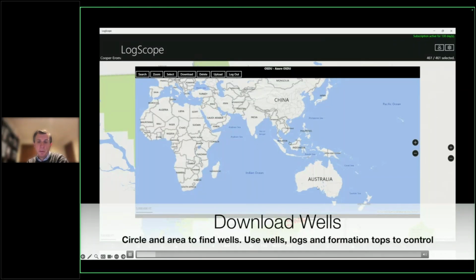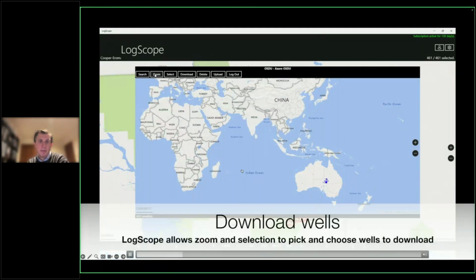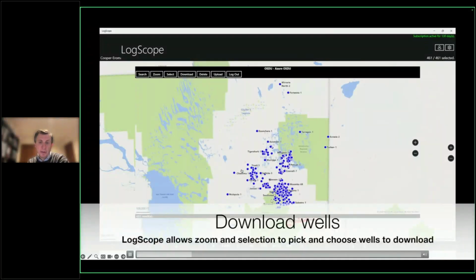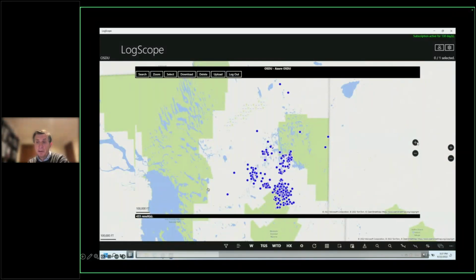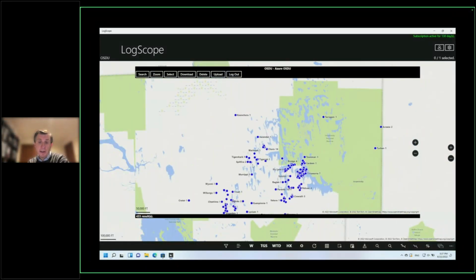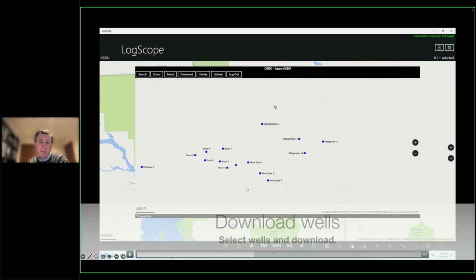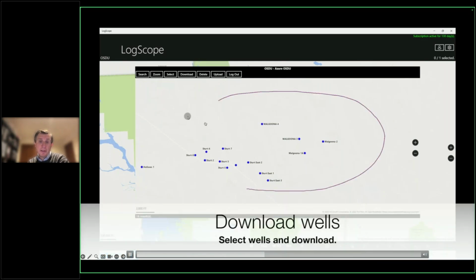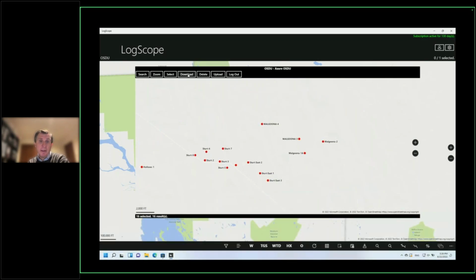Now I choose the polygon again, and I'm going to select an area, and this is downloading for an interpretation. This is where I want to do an interpretation. And I choose all the wells, and I want to choose my wells in this particular area here. So I'm just going to blow this up, and then I'm just going to move it so that you can actually see the wells. I've just expanded the area here, and there's about 15 wells here. So I just draw a polygon around the wells that I want to download, and then I just press the